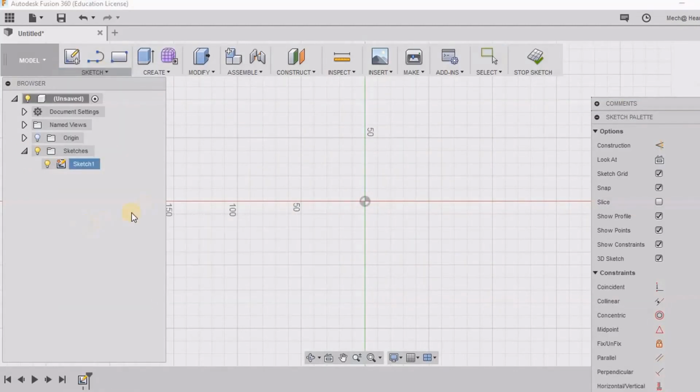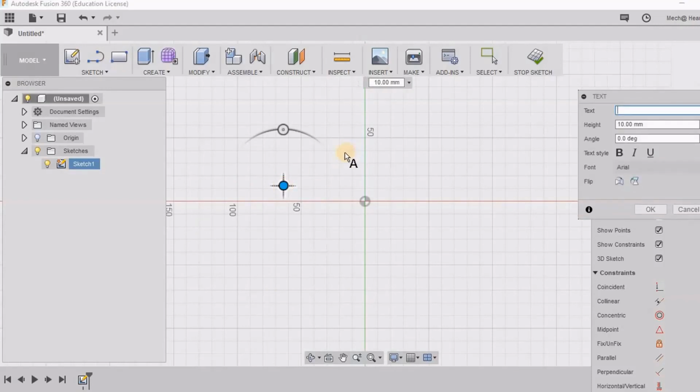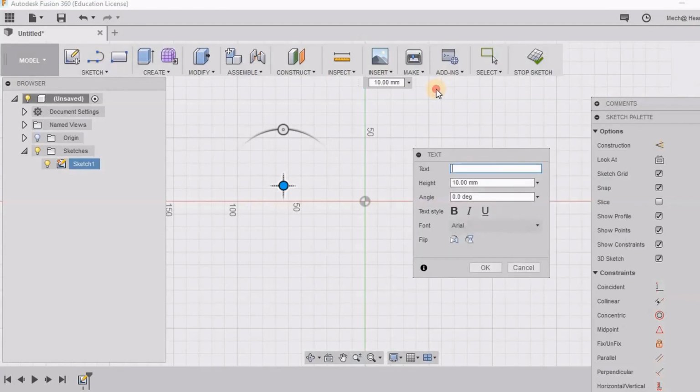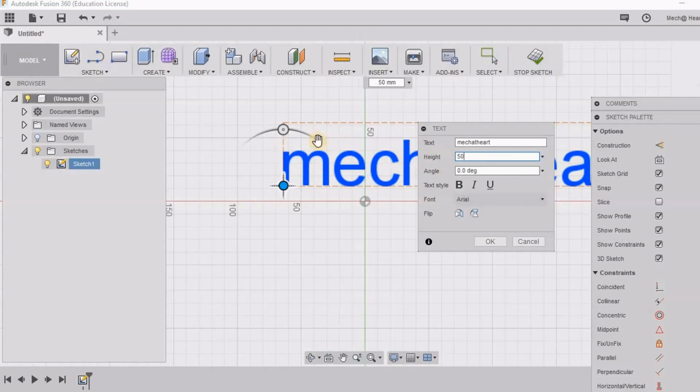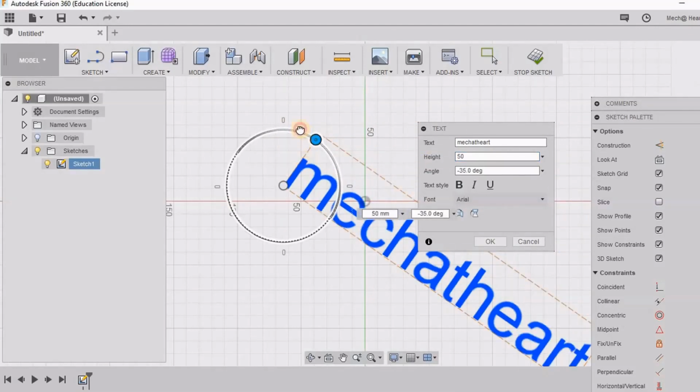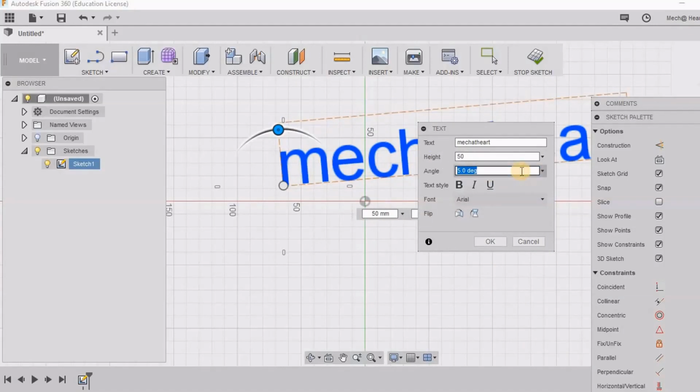Next interesting tool that we have is text. So here I have selected that tool. I can click on the screen and then from there my text is going to start, and here the text dialog box opens. Here I can create any message or anything that I want to emboss on any product. See, suppose I'm giving Mechatheart. I can adjust the height. I can also adjust the angle. Here you can see I can either rotate it or I can give it with respect to the horizontal plane